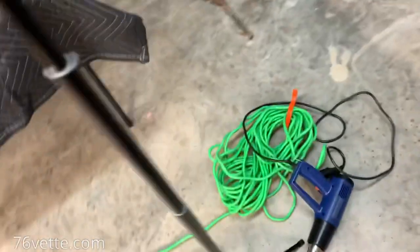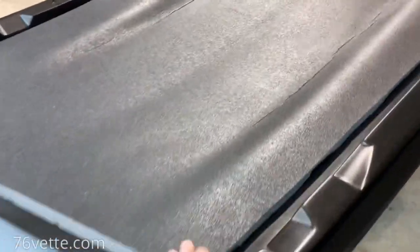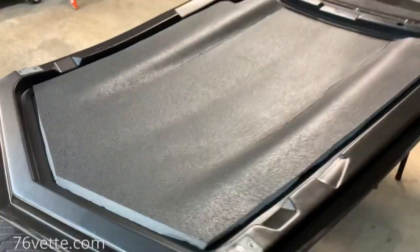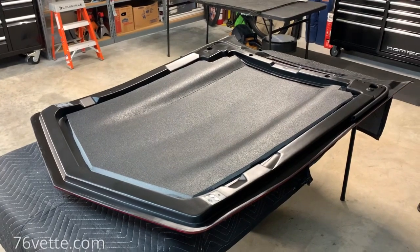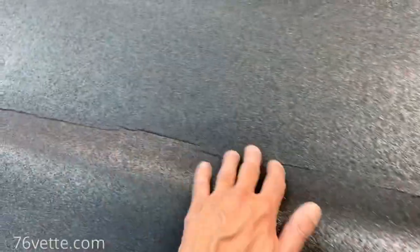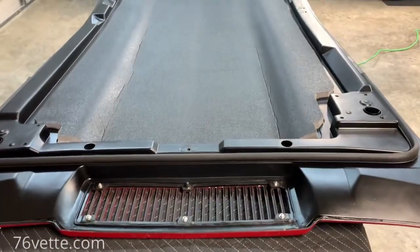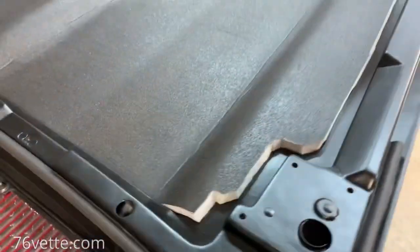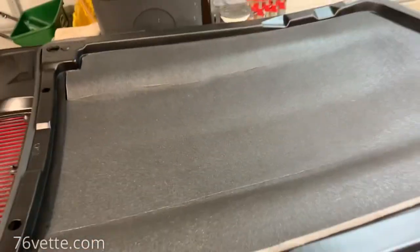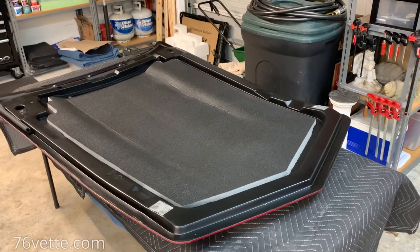And I have to say, it looks pretty darn good. Again, I hope that it's gonna stay in place and not give me any issues. But if that's the case, this thing is a winner chicken dinner, because this is looking really, really fine. And these wrinkles, you know, they give it a little character, if anything. They may fade away once the heat of the engine bay hits this area and softens it up. They're pretty hard to tell, but anyway,